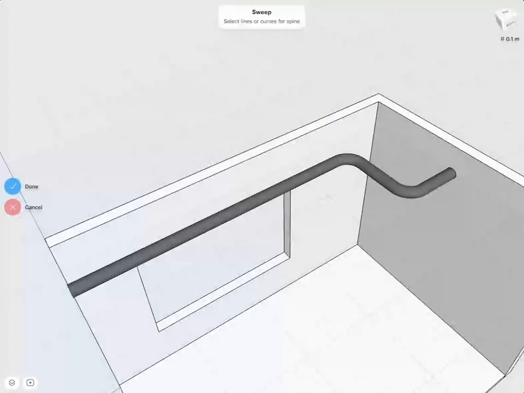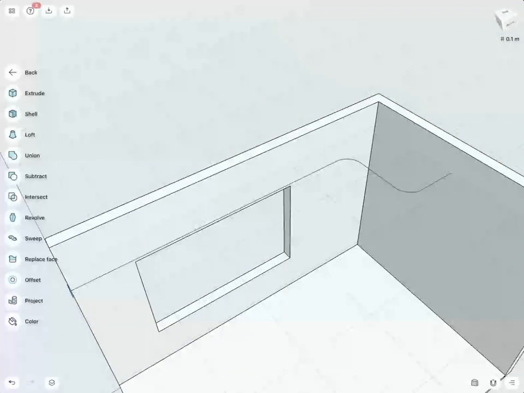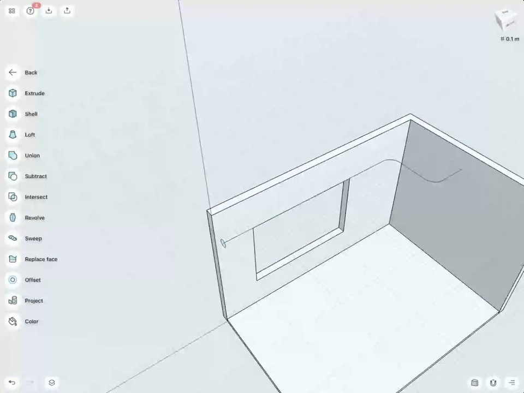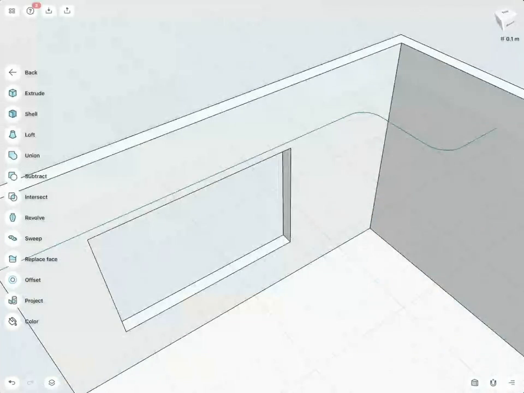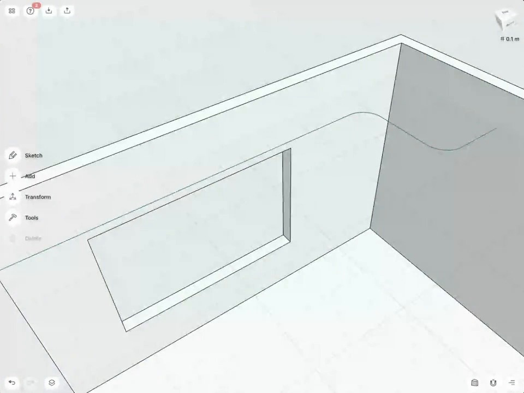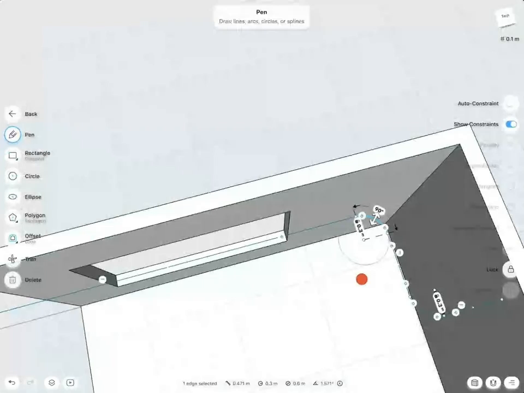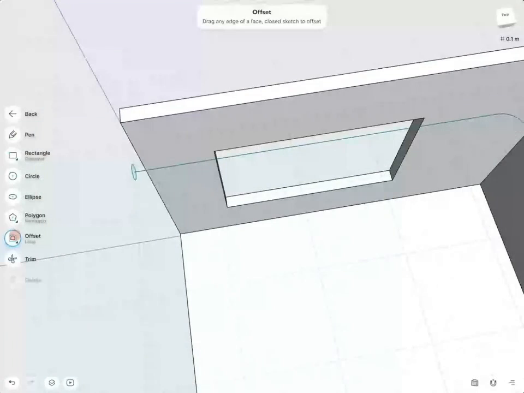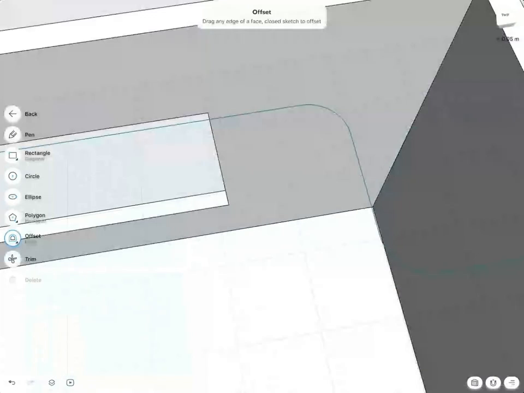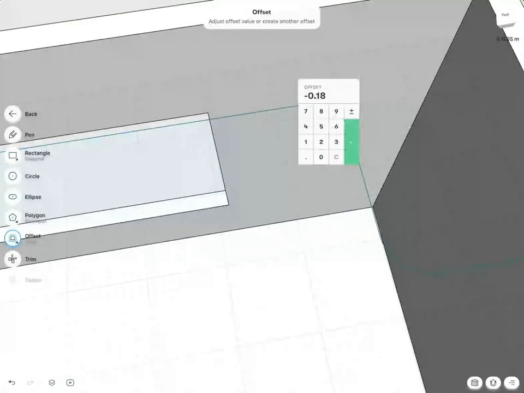Very good. Now let me show you how we can do 2 more offset or parallel pipes running along it. I will hit cancel, so we don't have that geometry there, and we only see the sketch. So obviously the logical thought would be, well, I need to create offsets of these sketches. So when I go back to the sketch tool, I have offset here. I can offset this